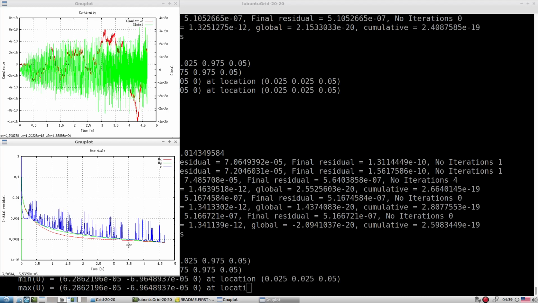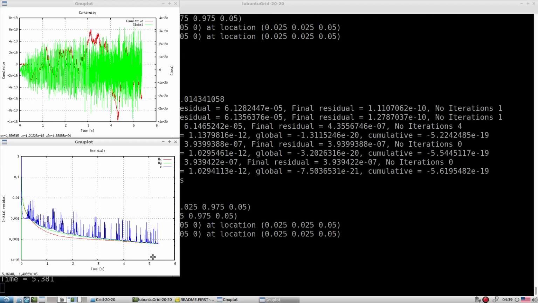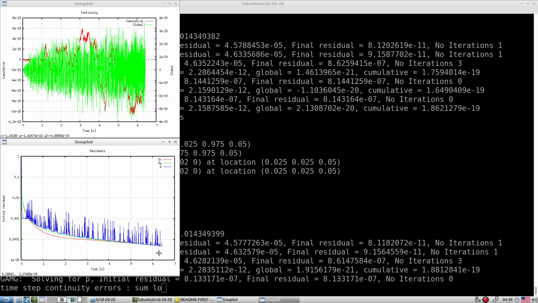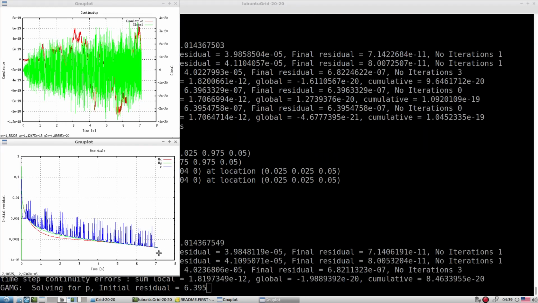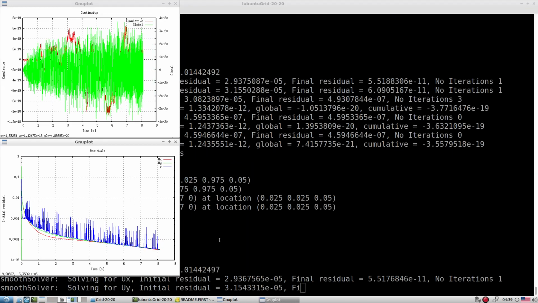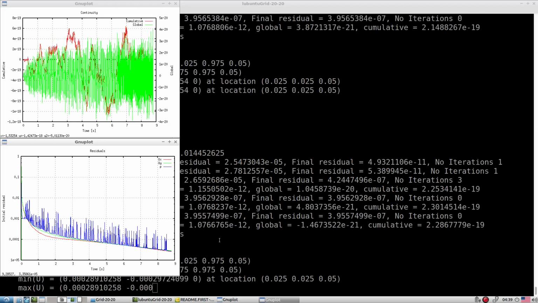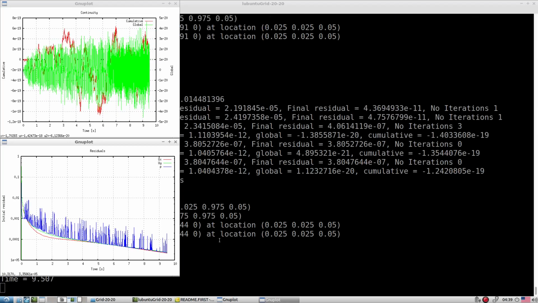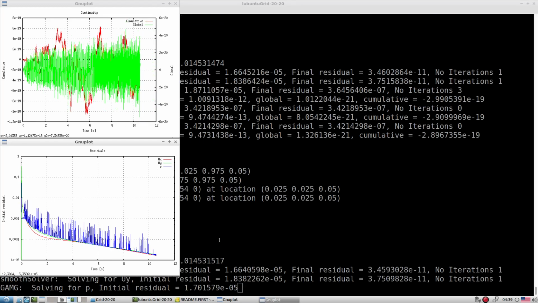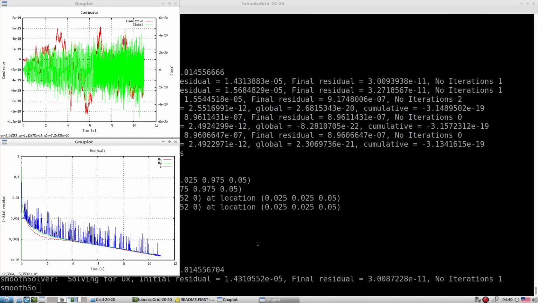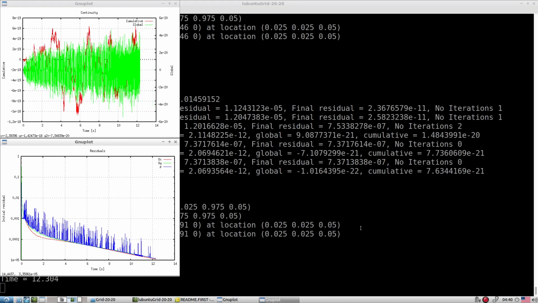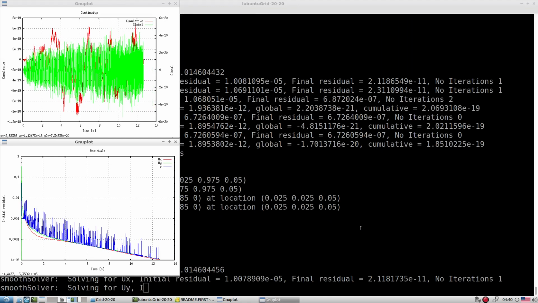Even if you run for a longer time, maybe it is not going to reach 10 to the power minus 7 or 8. Depending on this, one can see whether it is reaching 10 to the power minus 4 or 8 or not. So this is one test case, let's see up to how far we are able to converge. We are lucky, it is converging to even 10 to the power minus 5. The blue line is for pressure.